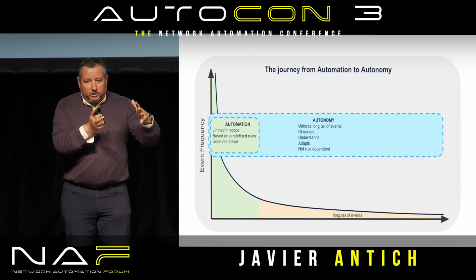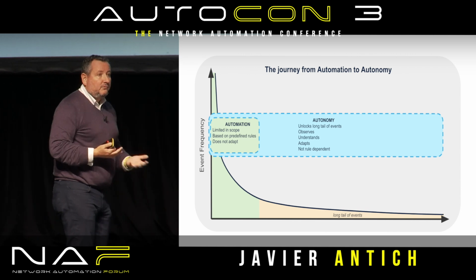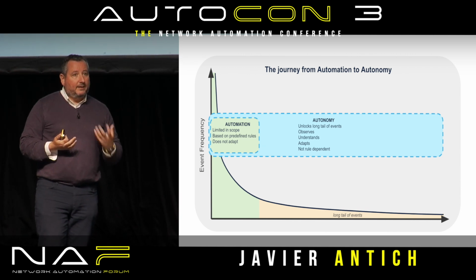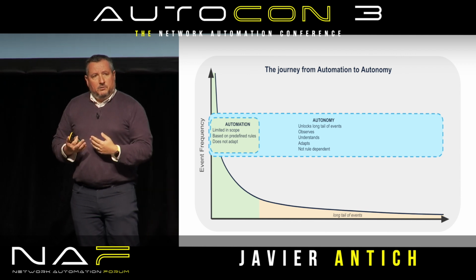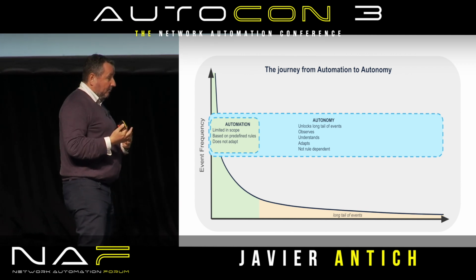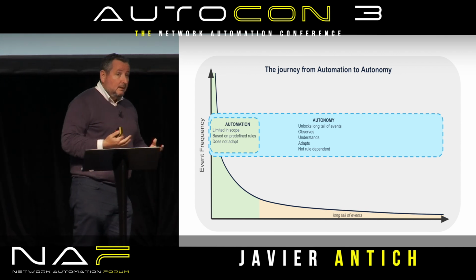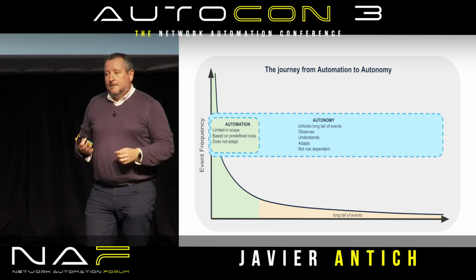if you represent the use cases in the form of a long tail. But what if you want to start addressing the remaining use cases, the part that you cannot realistically address with rules, with artifacts? Then you need to start thinking about autonomy. You need to start thinking about mechanisms, and I know this is very generic, that can automatically observe, that can adapt, that can learn, whatever that means.